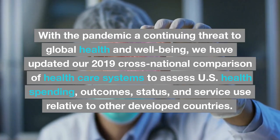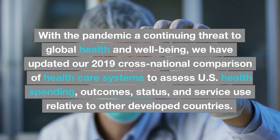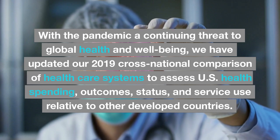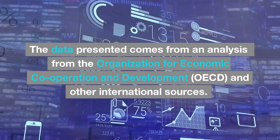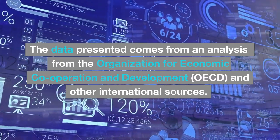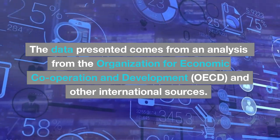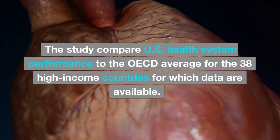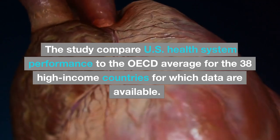With the pandemic a continuing threat to global health and well-being, we have updated our 2019 cross-national comparison of healthcare systems to assess US health spending, outcomes, status, and service use relative to other developed countries. The data presented comes from an analysis from the Organization for Economic Cooperation and Development, OECD, and other international sources. The study compared U.S. health system performance to the OECD average for the 38 high-income countries for which data are